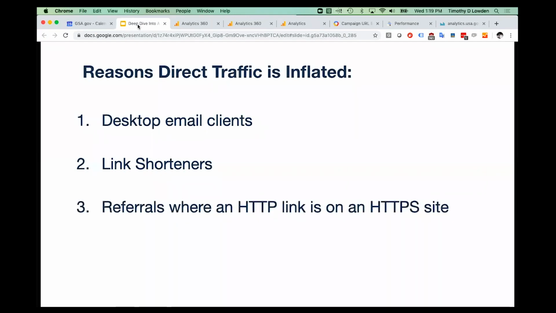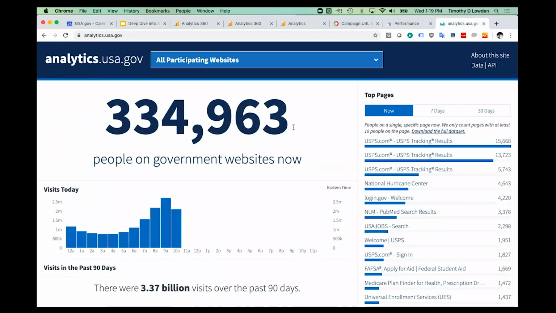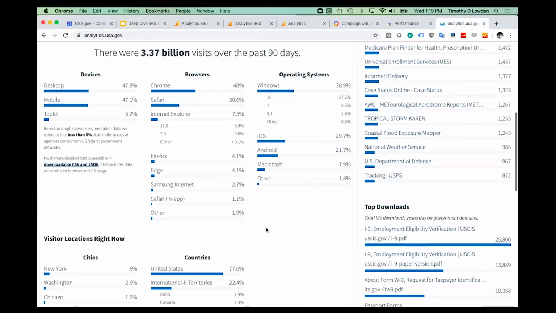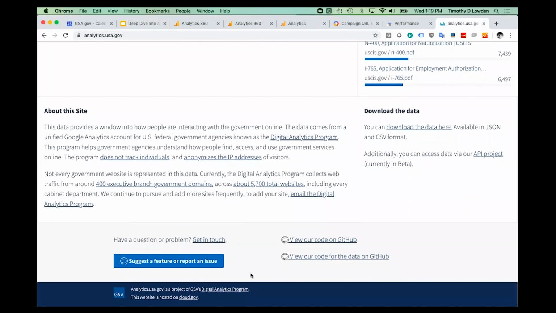Number 3, referrals where an HTTP link is on an HTTPS site. Now this is kind of an interesting one. If I hover over a link, I know this is going to be tiny, especially in Zoom here, but in my lower left-hand corner it shows me where that link goes. In this case, it's HTTPS colon slash slash www.digitalgov.gov/services/DAP. If this link was HTTP, if it did not include the S,